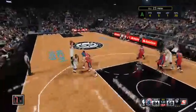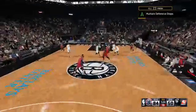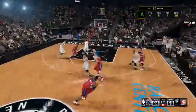Shot clock at 2. Here's Larkin. Off target with his 3. Washington's gone 6 of 11 when they've taken the 3-point shot tonight. Very respectable. And so it's going to end up in the record